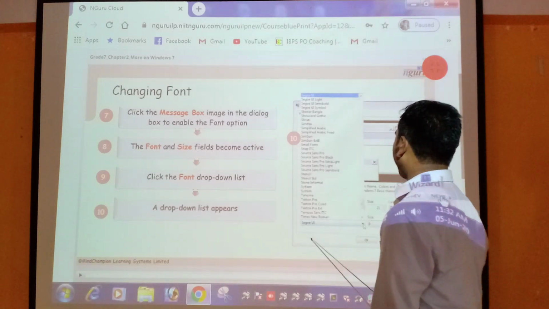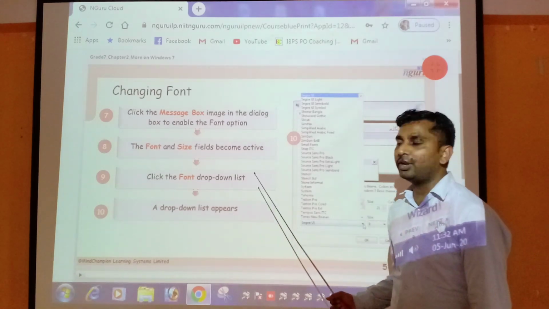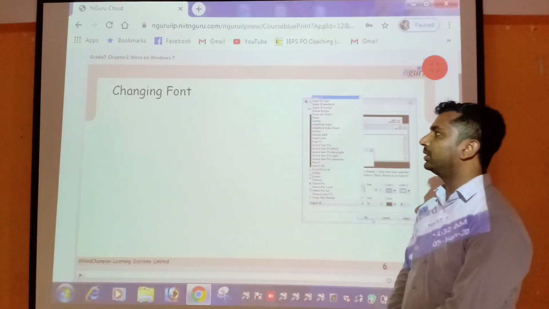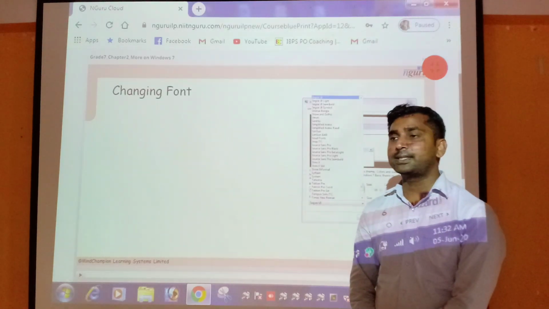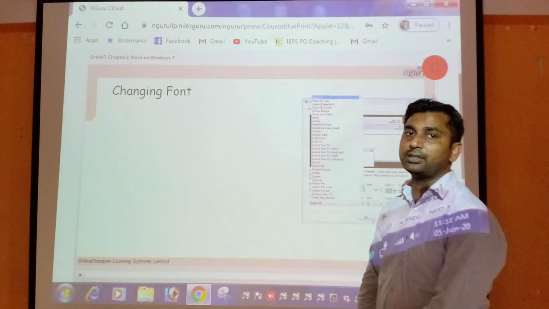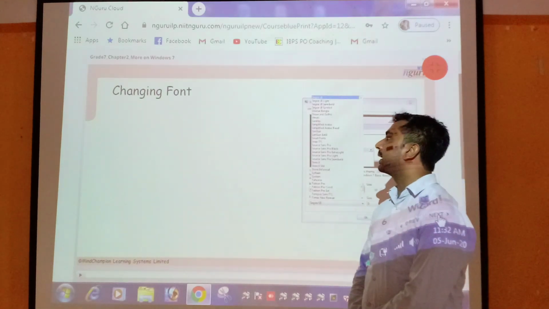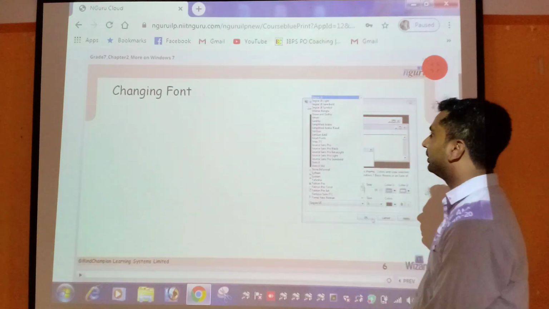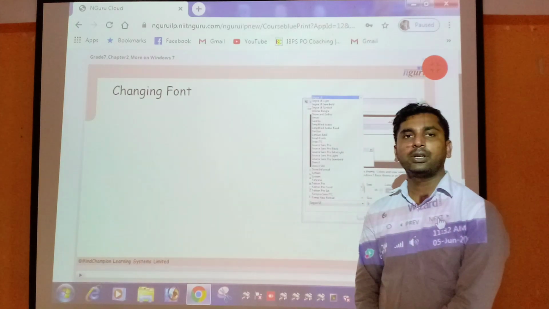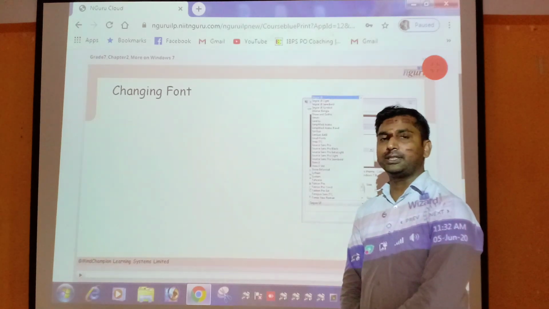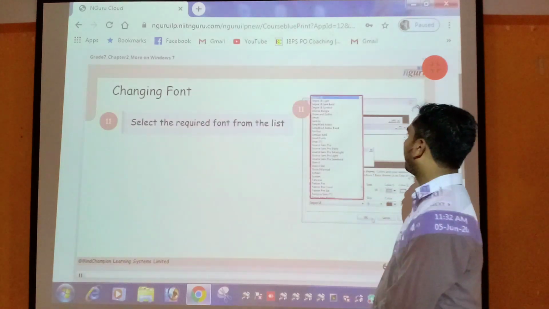A drop down list appears. After that, select the required font, select the font size and click on the OK button. After that, your font is changed.